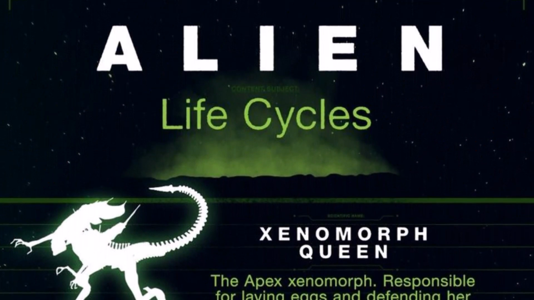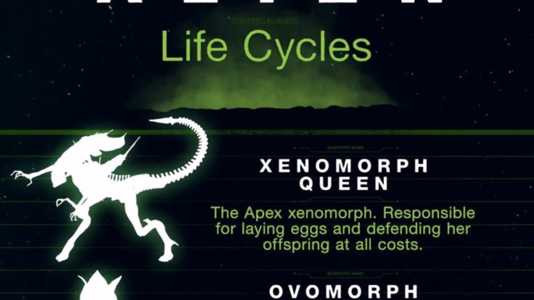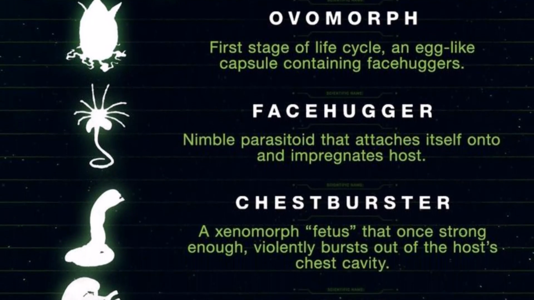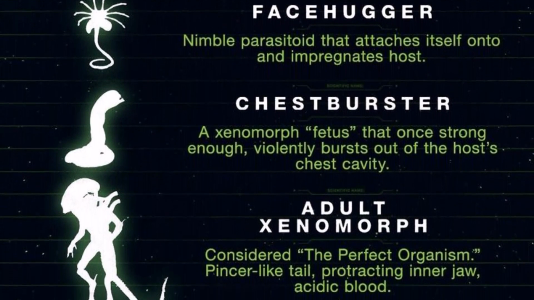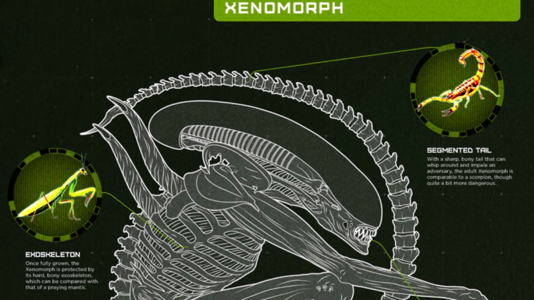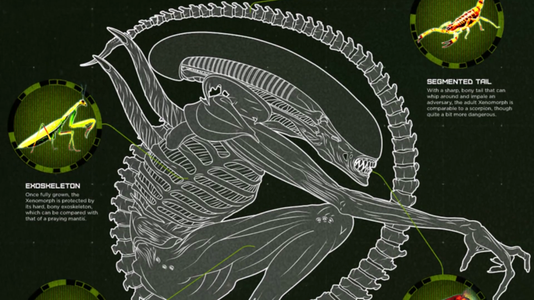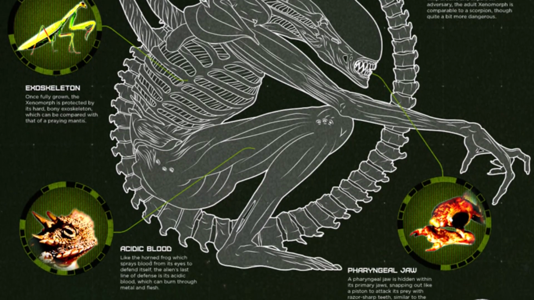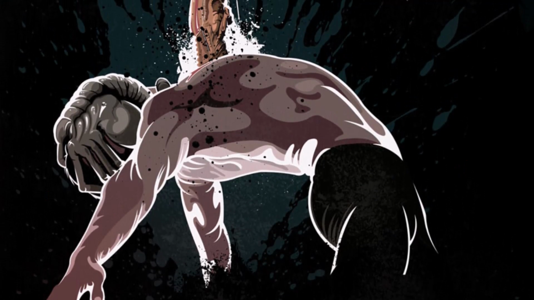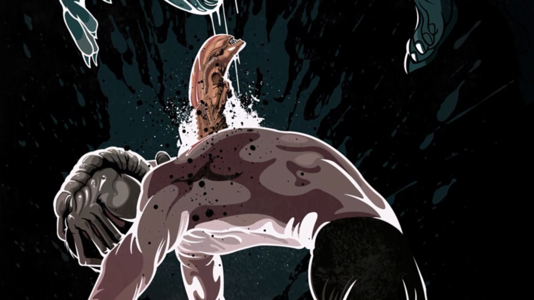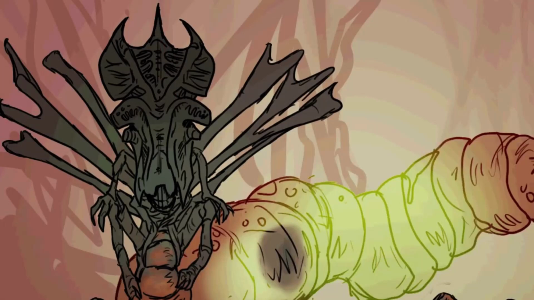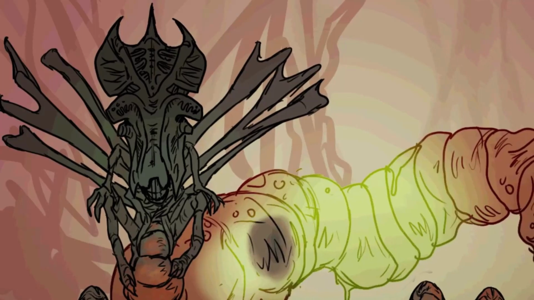So let's get to it. Let's begin with a recap. The Xenomorph life cycle begins with an adult or a queen laying an ovomorph, which is also called just the egg. This contains a second stage called the face hugger. When a living organism approaches, the face hugger emerges and attaches itself to the mouth of the host, implanting an embryo into the host's chest cavity. This embryo then develops into a chestburster, which violently erupts from the host's body, quickly scurrying away to a hidden area. The chestburster subsequently grows into a fully grown xenomorph, with each stage heavily dependent on the host's biology and